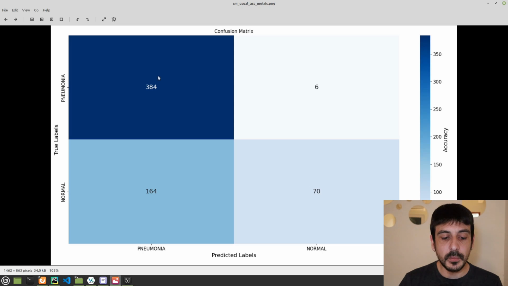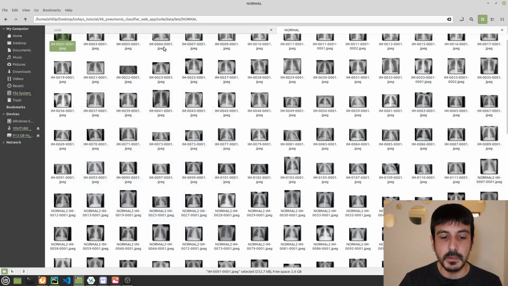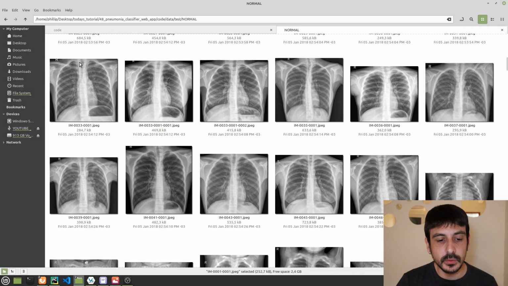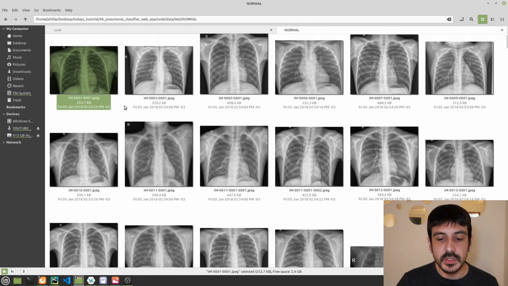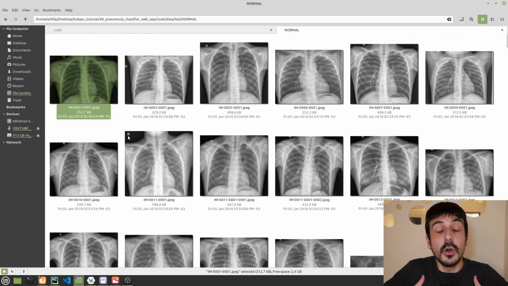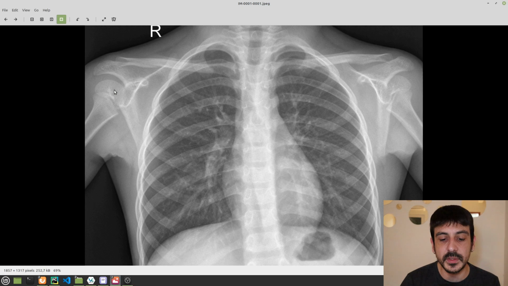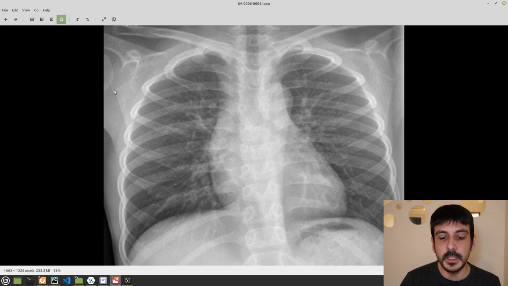Remember that we are predicting images which are chest x-rays, and as I mentioned when I was starting with this tutorial, when I look at these images, they all look pretty much the same because I have absolutely no medical background whatsoever. So it's very challenging for me to know what's going on with these images, to know what's going on with this data. Maybe if I Google